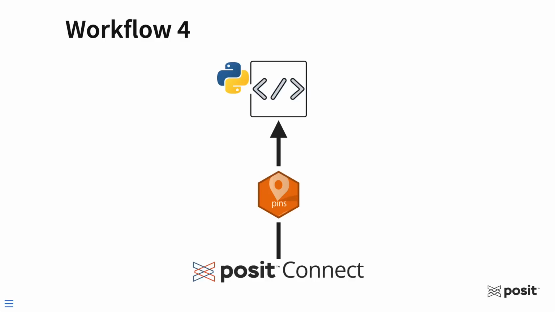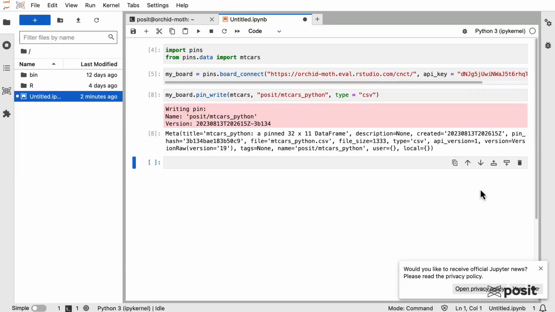So let's go ahead and do the same thing, but this time in Python. We're going to read our R object in Posit Connect into our Python session. All right, so now we're back in our JupyterLab session. To read in a pin in Python, we're going to again start with my_board, and we'll use the pin_read function. The only thing you need to give it is the name of the pin. If you recall, we saved it as posit, my username, mtcars, and I want to read in this R object. Now I'm actually expecting an error message, so let me run this.